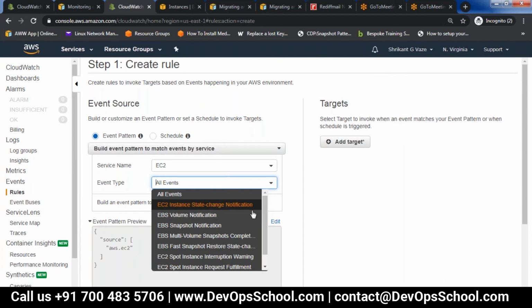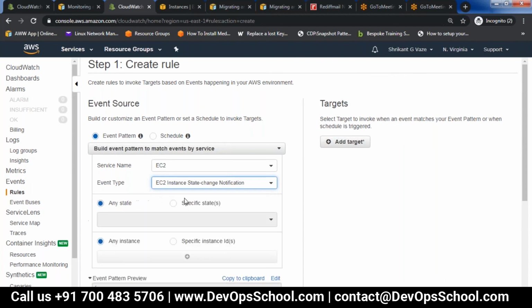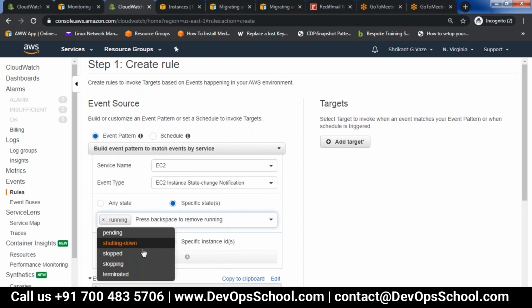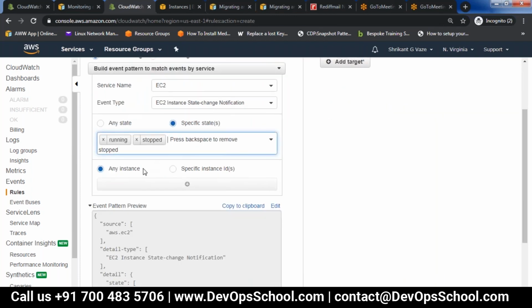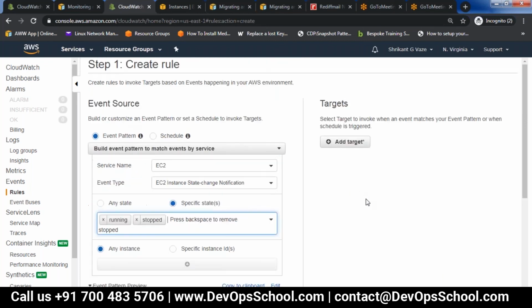Instance state change notification. It has gone from stop state to running state, or running state to stop state. That is the event. And for specific states, like running to stop, you may want to trigger a certain action. This can apply to any instance or any specific ID also.